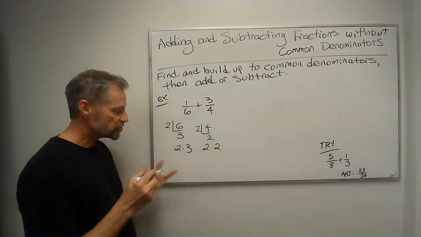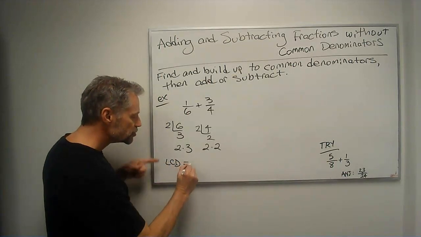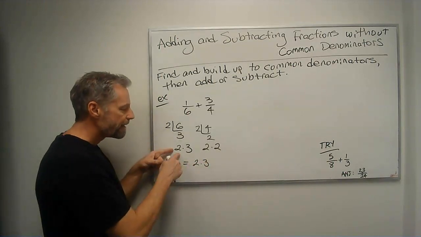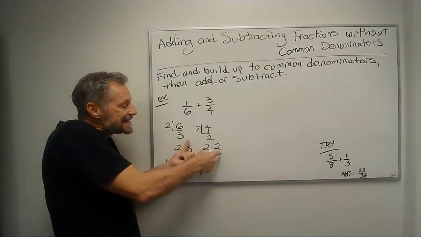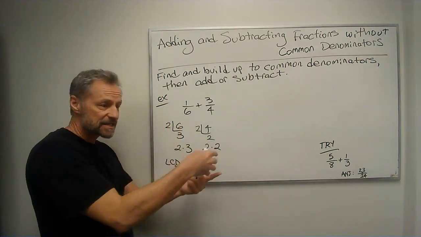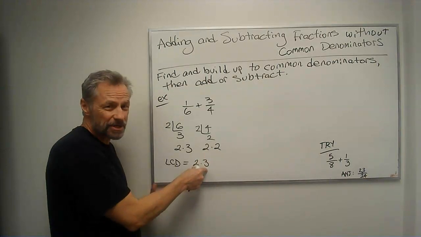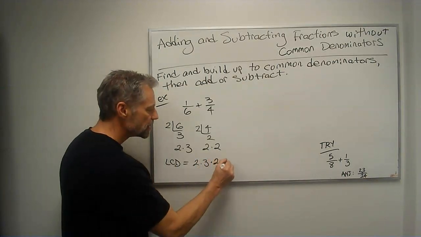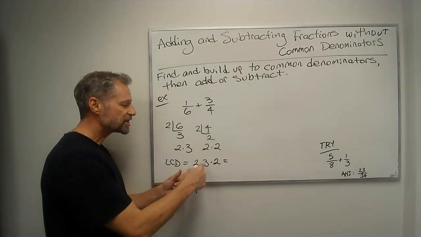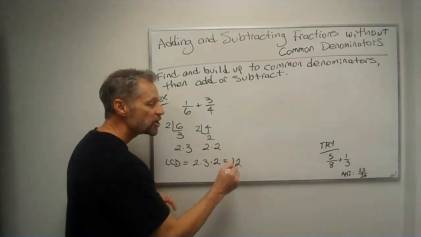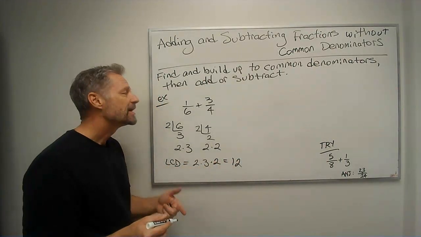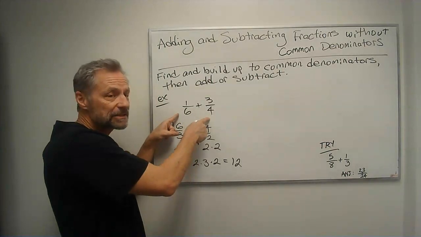So remember what you do for the least common denominator. You take one of the factors, and then you go to the other one and say, okay, anything this has that doesn't have, we need to combine in. Well, this has 2 2s. We only have 1 2 here, so we need another 2. And now when I multiply this all out, 2 times 3 is 6, times 2 is 12. 12 is my LCD. So now I'm going to build each of these up